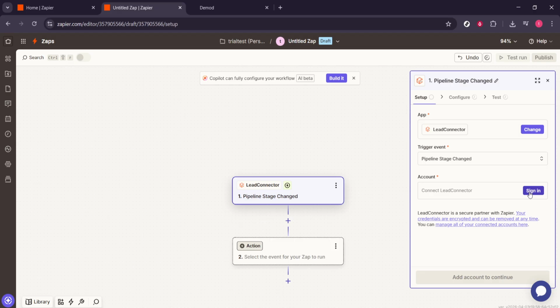At this point, your trigger framework is in place. Choosing Pipeline Stage Changed as your trigger gives you a reliable starting point for automations that react to deal progress, status updates, and handoffs between teams. It's a best practice to ensure your pipeline names and stages are clearly labeled in GoHighLevel, so your trigger captures exactly the movements you care about. If you don't see the correct options, confirm you're connected to the right location and that your user has access to the pipeline. That's it for setting up the leadconnector trigger in Zapier for GoHighLevel. In the next part of your build, you can layer on the actions you want to